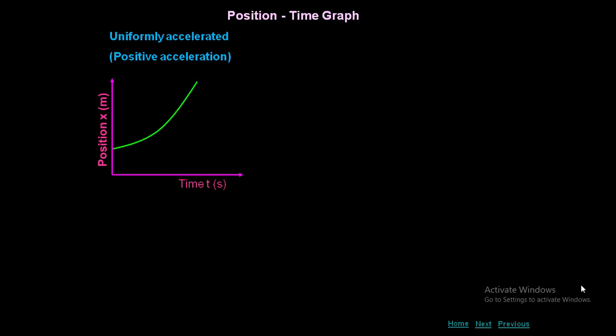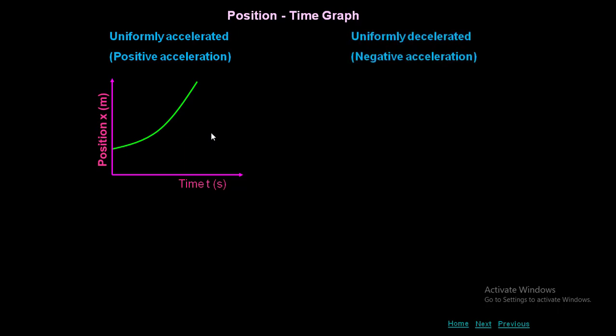this. It represents that the body starts from a different position with respect to the horizon. That means for the body, horizon is not the position. It started from a different position where the time t equal to 0 at that particular position, and it is accelerating uniformly. So this is how you are going to represent it for position time graph.